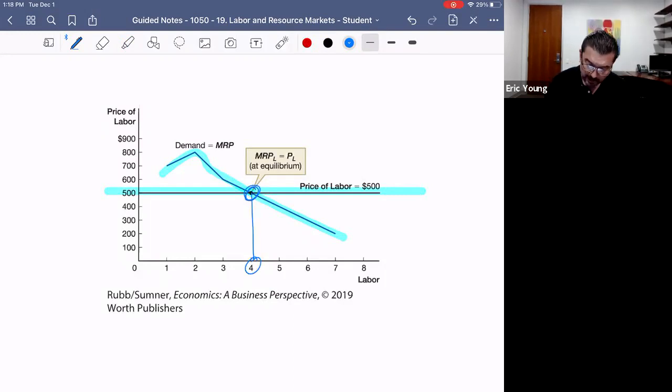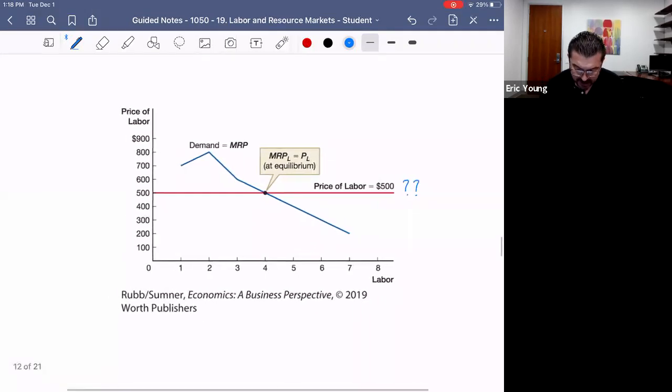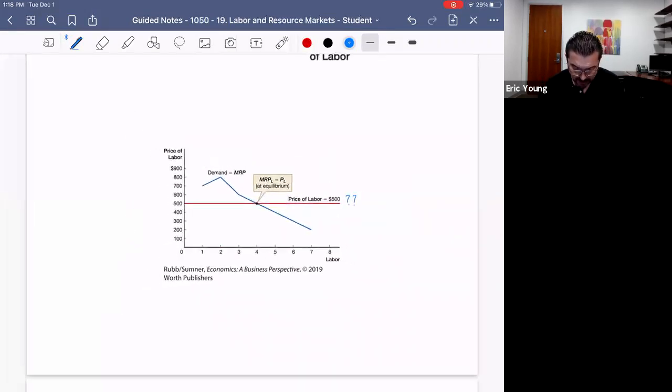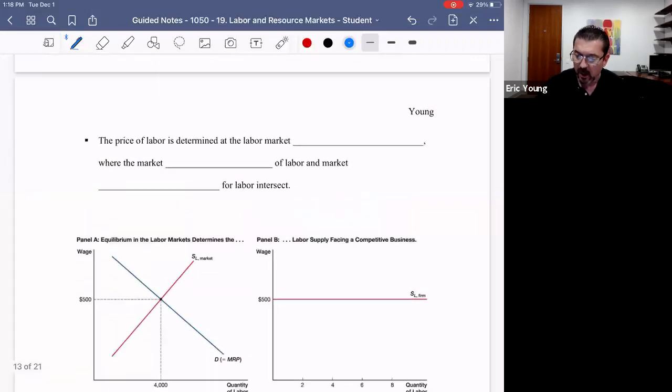But notice that earlier when we learned that, we never actually figured out why the wage rate was $500. I just said, assume that the wage rate's 500. I think in the chart we did 100, but I just said, assume this number to make your decision. But we never actually figured out, well, but what made the wage rate 500? Okay, now that we understand labor supply and labor demand, we're able to do that. Because ultimately, in a supply and demand setting, as you know, the price of labor is going to be determined at labor market equilibrium.